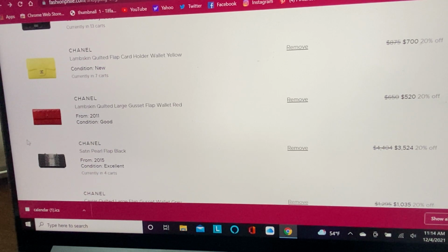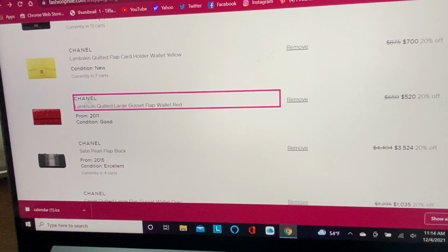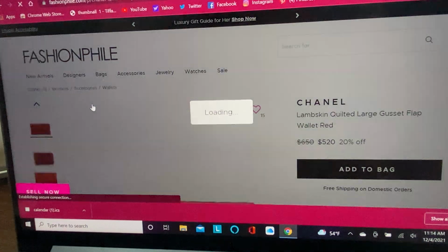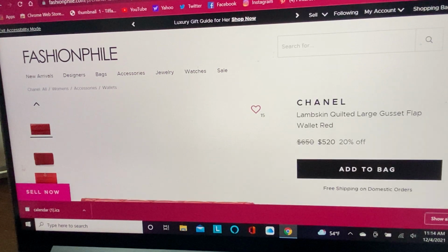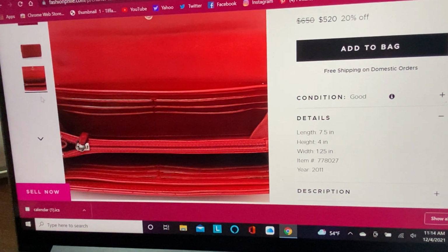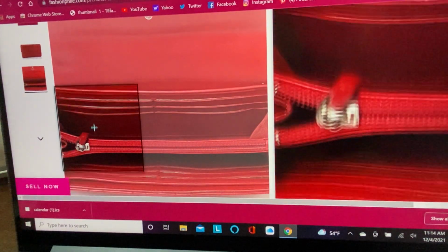Here's another large pink purse for $500. I don't think this is as good of a deal as the green one, now that I saw the green one, and it's a little bit more worn. The inside doesn't have the extra inserts,